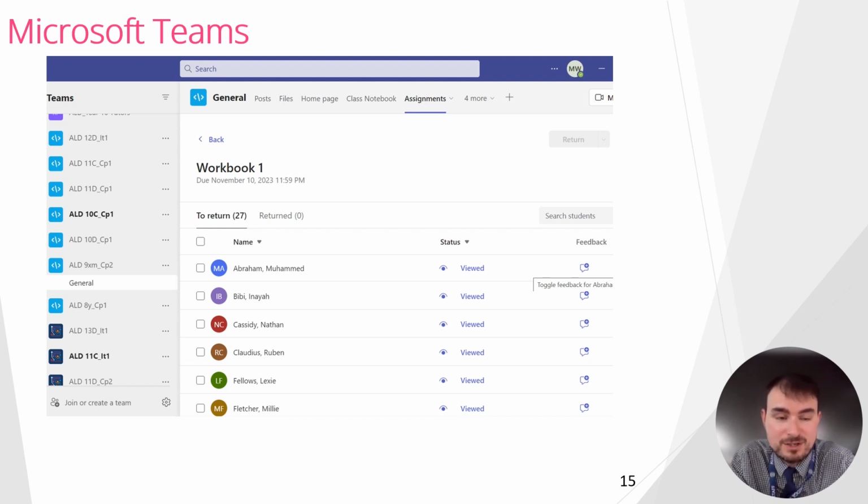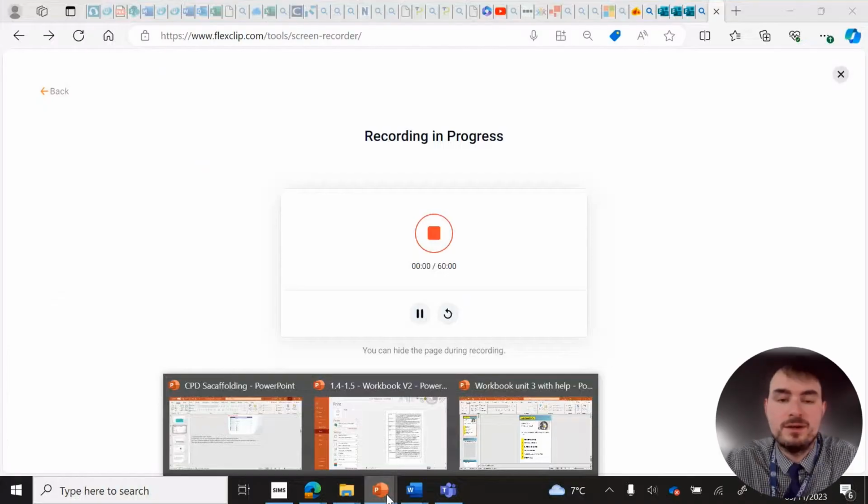And by doing this, it does save money on resources by not printing endless copies of workbooks in a resource office. You can actually review their work wherever you are with your laptop and mark it. They can access it at home, which is a fantastic thing. I'm now going to show you a short video I recorded of how to use